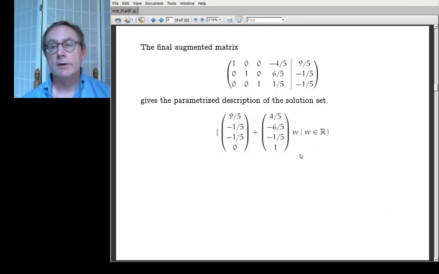Here, for the rest of the description, there's the matrix copied from the previous screen. The rest of the job is to put it into a parameterized description of the solution set, and a person can't help but notice that, just like on the previous problem where I said the disadvantage is more arithmetic but the advantage is that it gives you the solution set plainly written out, well, look, we've got the solution set plainly written out. It's just a question of transcribing it. So in this particular method you see that these have changed their sign. Once you have this form, writing down the solution set is